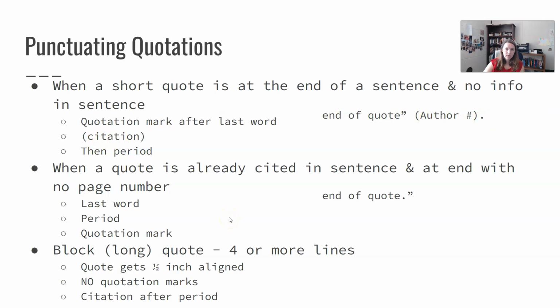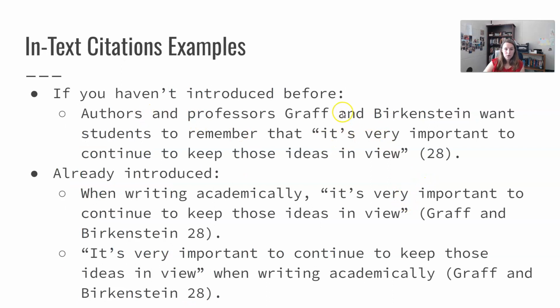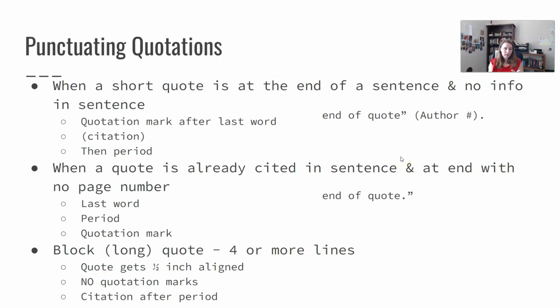If I've already cited the author in the sentence, and I don't have to put anything in at the end because there is no page number, I've already put it in the sentence, and the quote ends the sentence, this is then how it would look. So end of quote, period, quotation marks. Because there's no citation, I can put my period here. So let me just go back. So you can see author, citation, period. No author, so full citation, period. That's how it would look. If I had no page number here, so I've already given my author, then yes, if I have no page number, I can move my period up. But the important thing to remember is that your period is going to go after your citation at the end of the sentence,